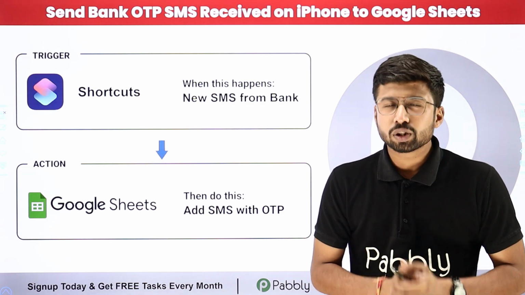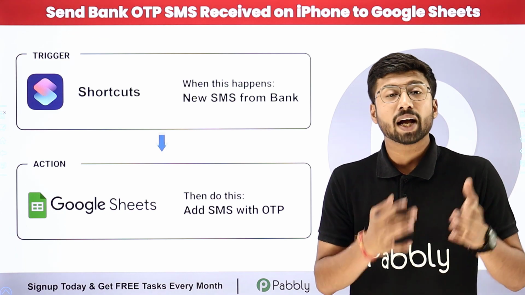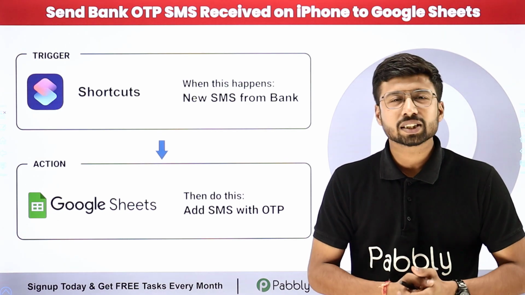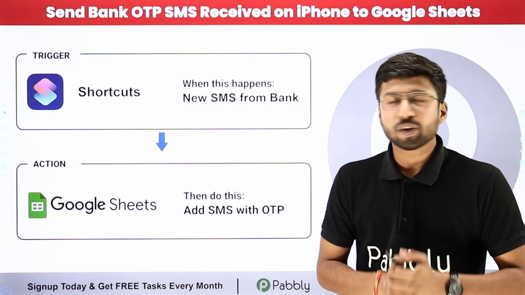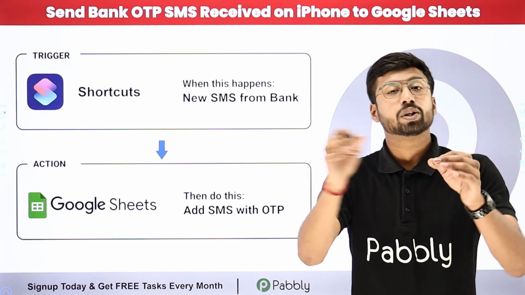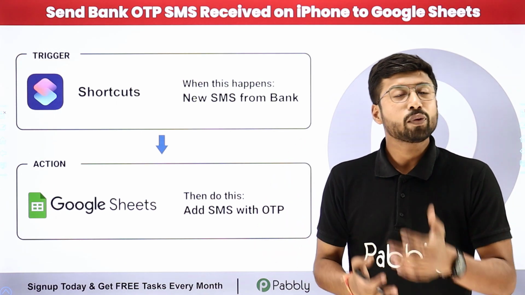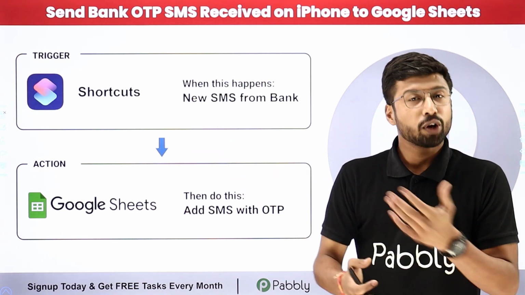So if you're a business owner or work in finance who has to share a lot of finance related OTPs from the bank with their team members on a daily basis, then this one automation is a savior for you. In this video, we are going to learn how to send bank OTP SMS received on iPhone to Google Sheets. Yes, that's right. By creating a simple automation using iPhone Shortcuts and Pabbly Connect, what you can do, you